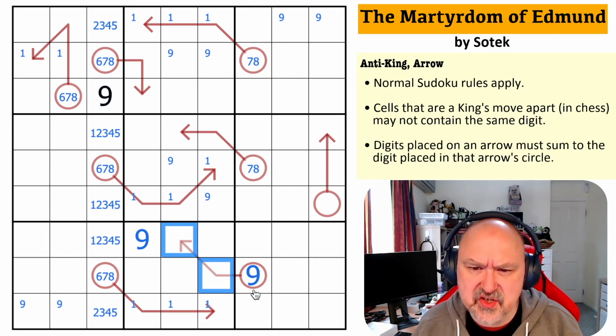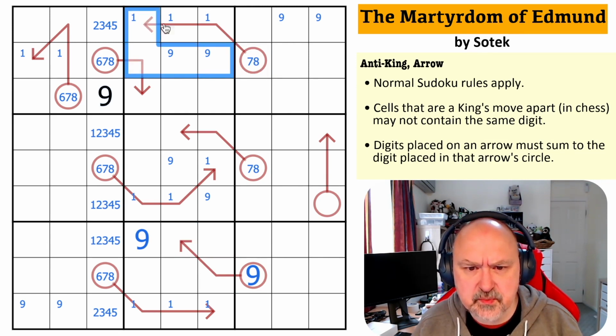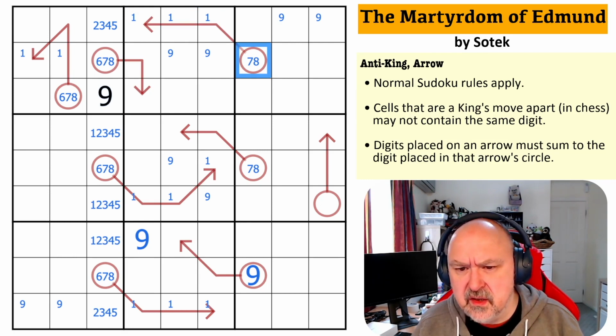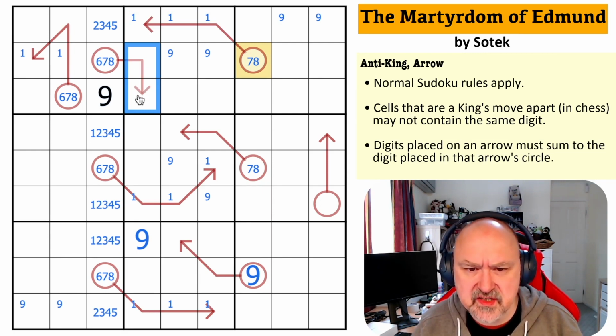This is going to be geometry, isn't it? So where does this cell go in this box? It's going to be colouring. If this cell can't go on its own arrow, it can't go here because I can't put 7 or 8 on this arrow, and it can't go in any of those cells because they're seen. So that becomes yellow,